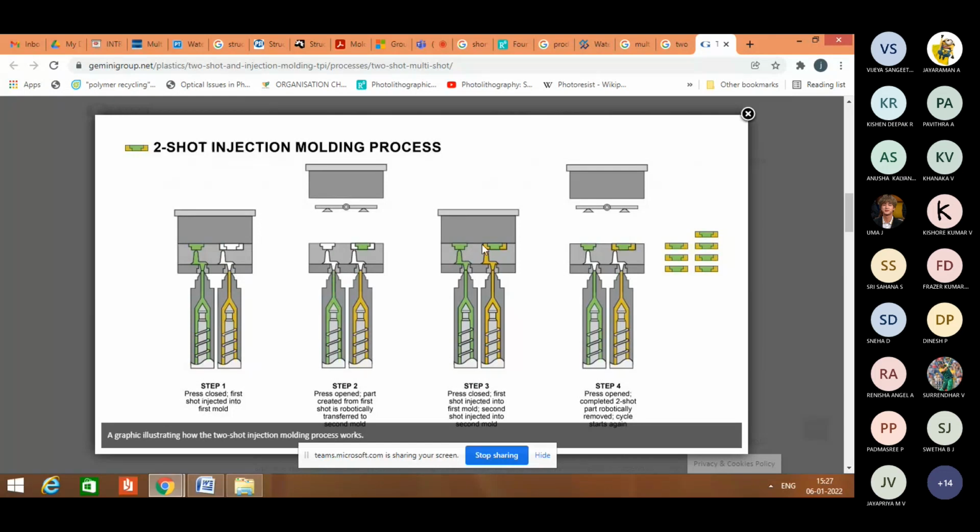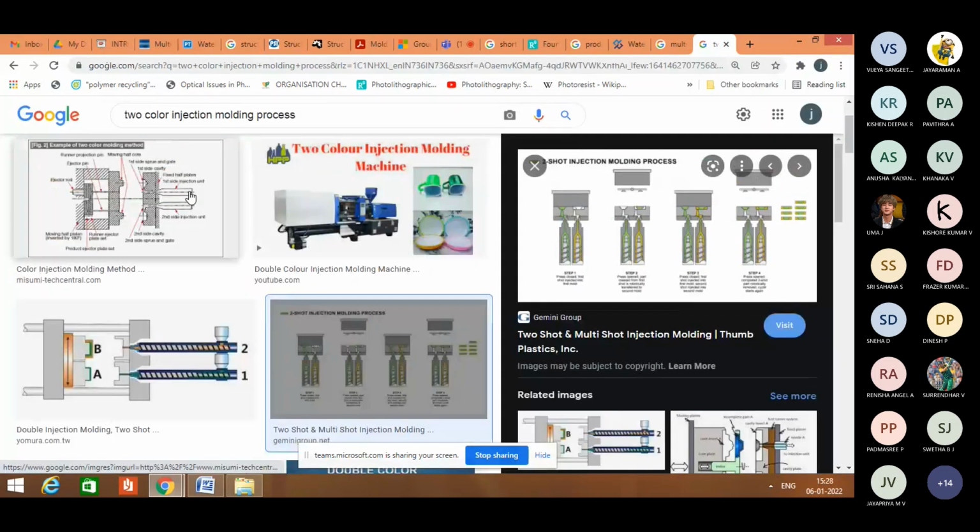In the third step, again the press is closed. The first shot is injected into the first mold, and the second shot is injected into the second mold. Then again the mold is rotated, and the second shot moves here in order to receive the second material. Finally you can get this kind of product from this two-shot injection molding process. And further, you can